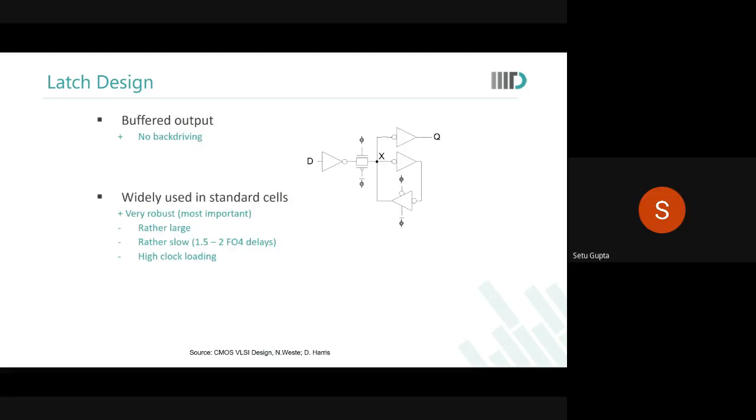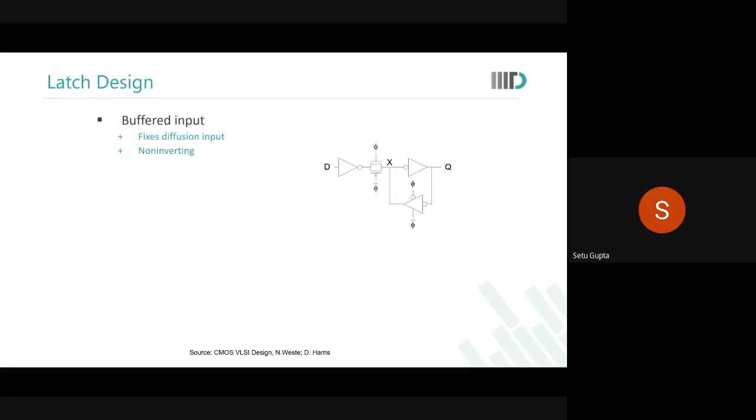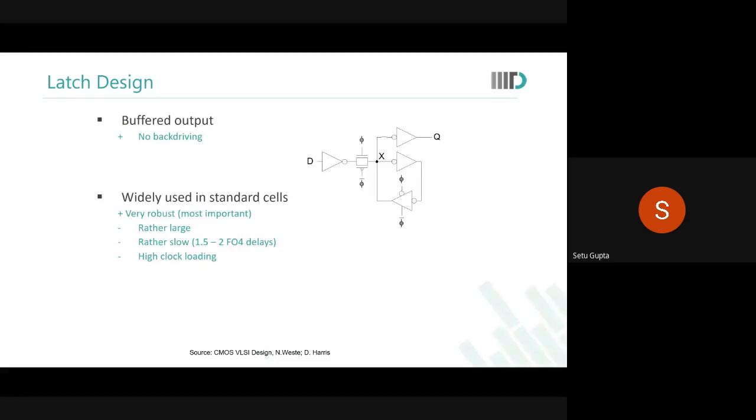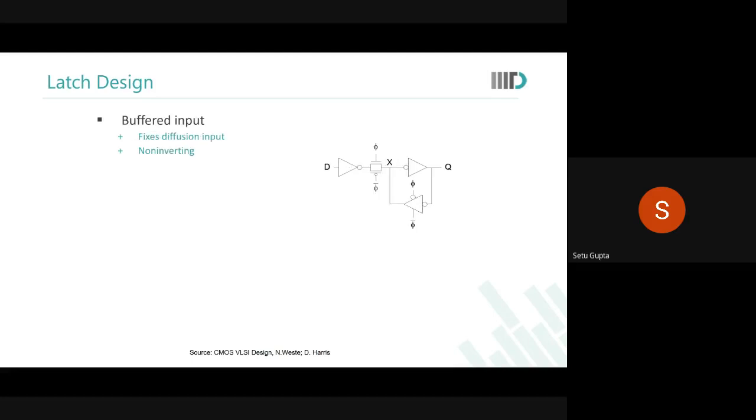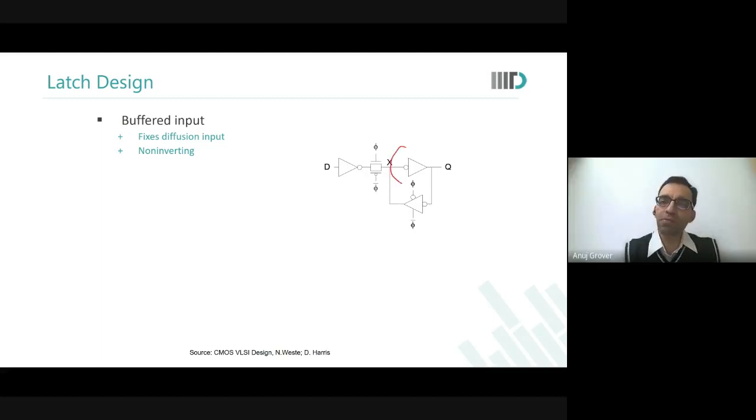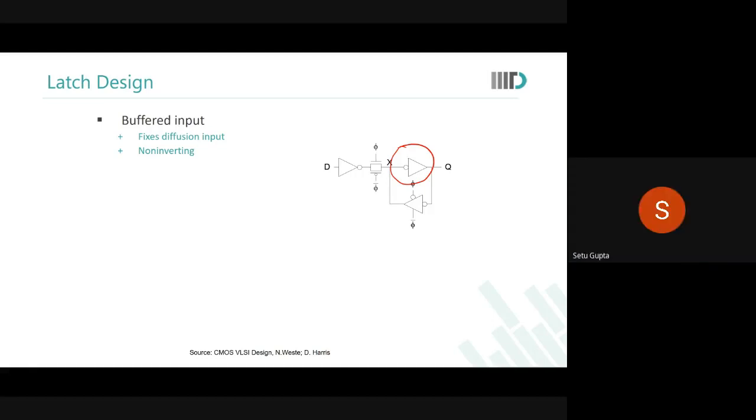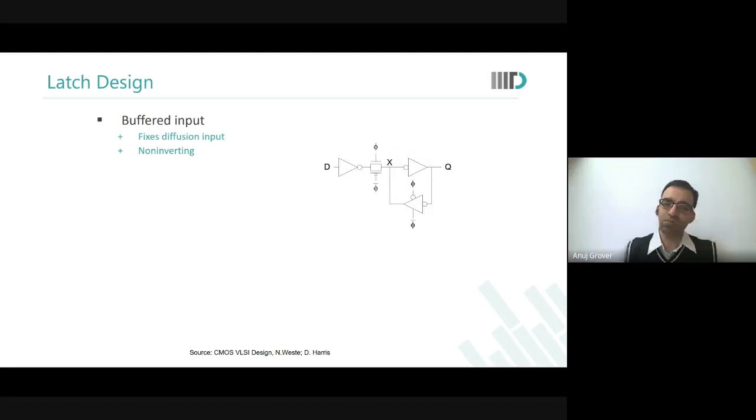Sir, just a single question. In this symbol of this inverter, the bubble has been shifted towards the input. Is it effectively the same thing, or is there some difference? Say it again. Generally in an inverter the bubble is at the output, right? But in the feedback inverter, no, it's okay. Look, not only in feedback, in the feed forward also the bubble is put at the back. That's the symbol. Okay, that's just symbolic. Okay, thank you. Don't bother about it.